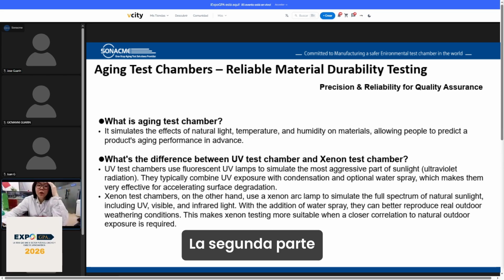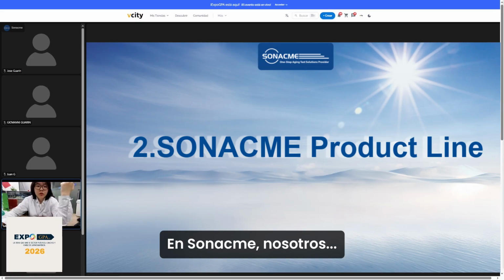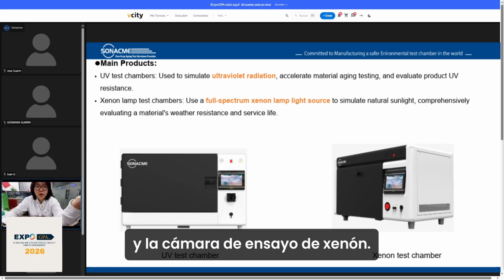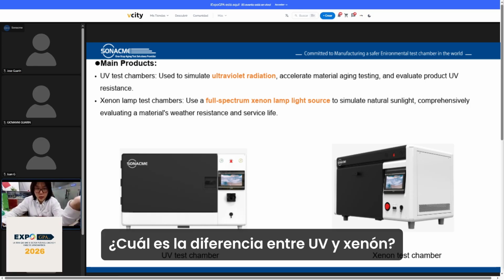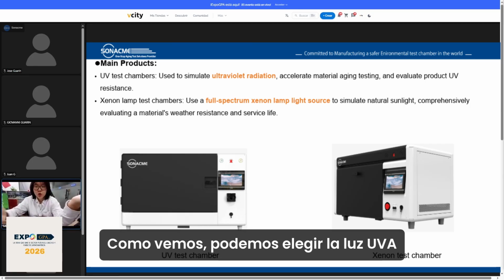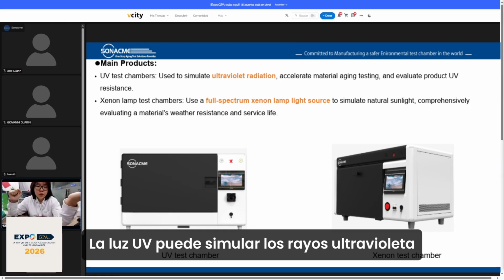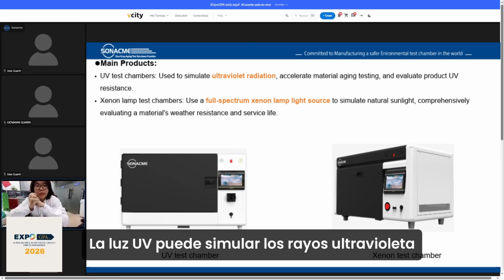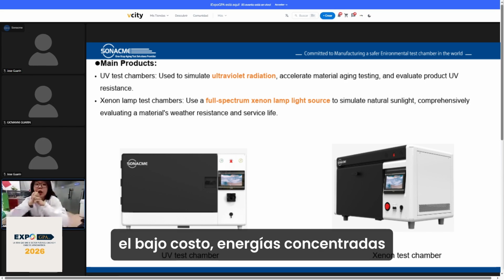Second, the SONACME product line. We provide the UV test chamber and the xenon test chamber. What's the difference between UV and xenon? A UV lamp emits only specific UV light. As we know, we can choose UVA light or UVB light. The UV lights can simulate ultraviolet rays in sunlight, and the UV lamp's advantages are lower cost, concentrated energy, and